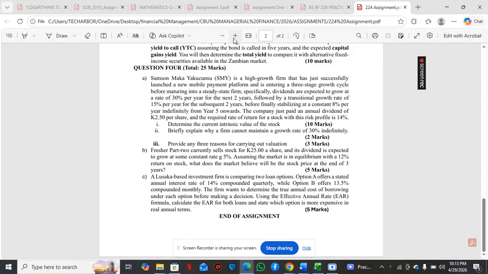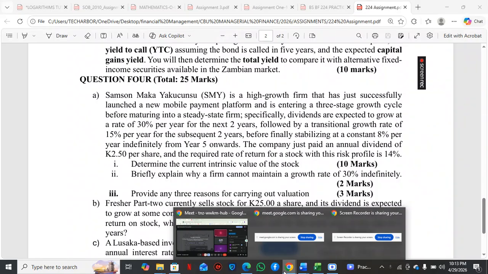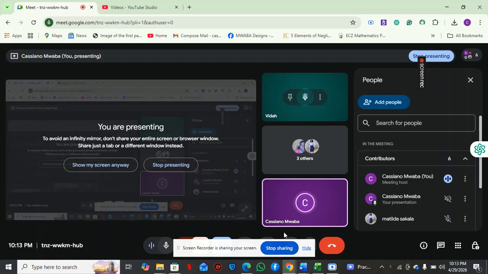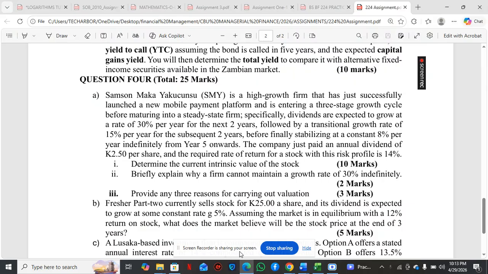So this is the question here. Samsung MY is a high growth firm that has just successfully launched a new mobile platform and is